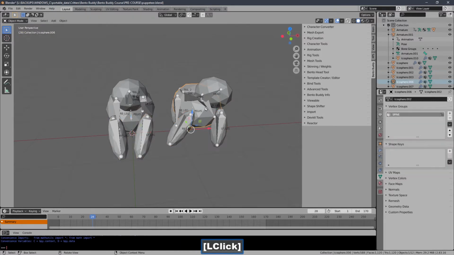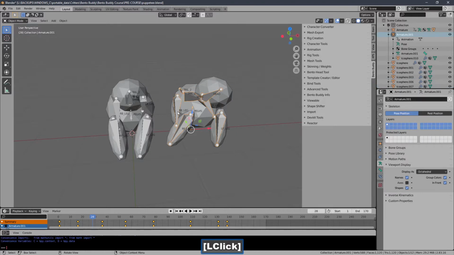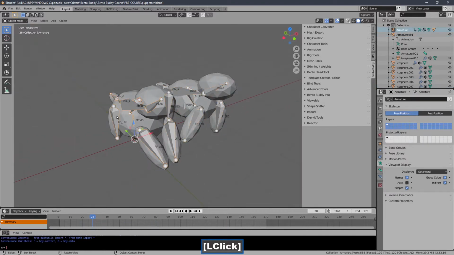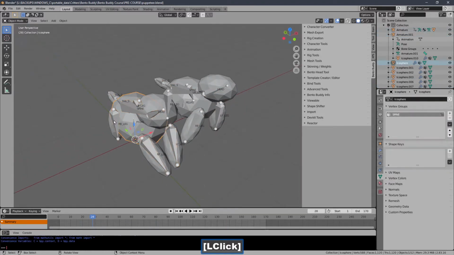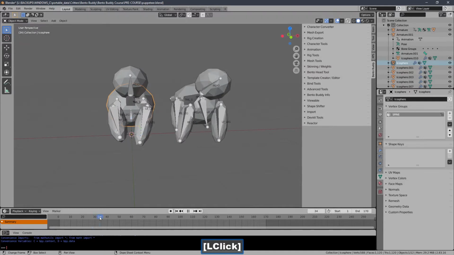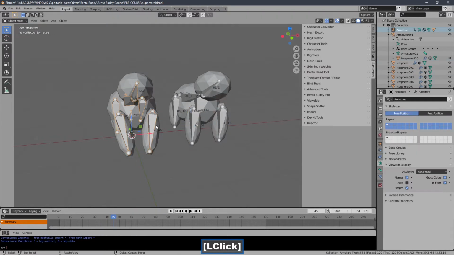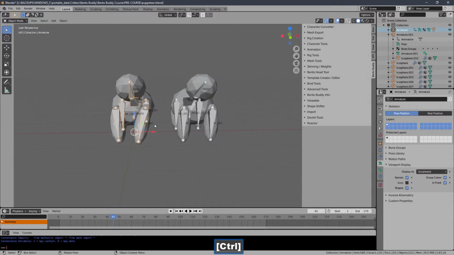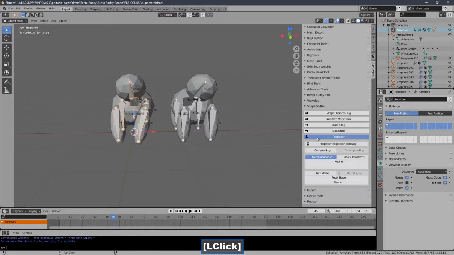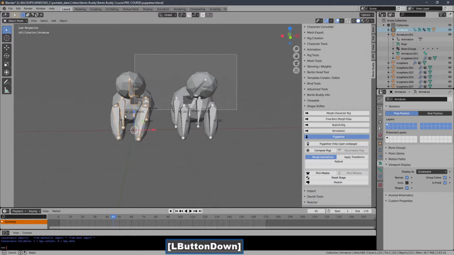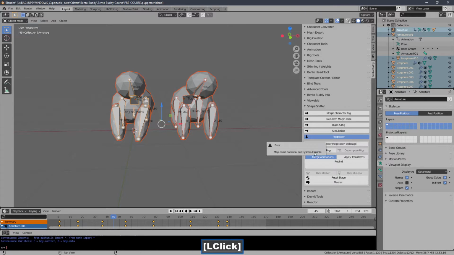These are two different armatures, effectively two different characters, and totally different animations. So what I can do is go to Shapeshifter, Puppeteer, select both of these, compose them,